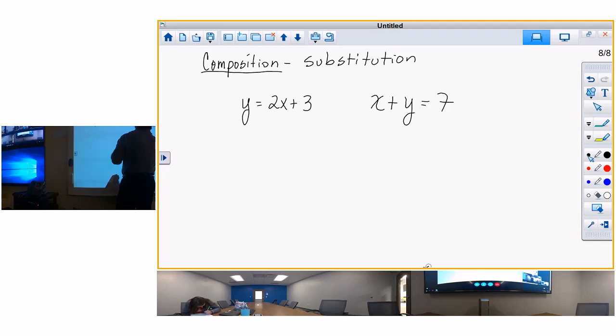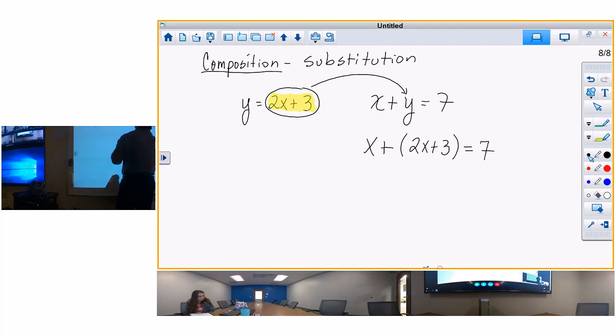So, what do we do? Somebody tell me, seriously, what do we do? Plug in y. So this is equal to y. So I'm going to take my handy dandy highlighter, and I'm going to highlight that, because that is equal to one variable. And I'm going to take that, and I'm going to plug it into wherever there's a y. Right there. So, I got x plus, I'm going to put a parenthesis here, 2x plus 3